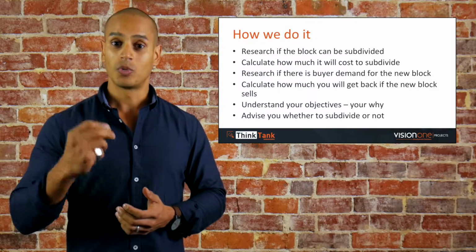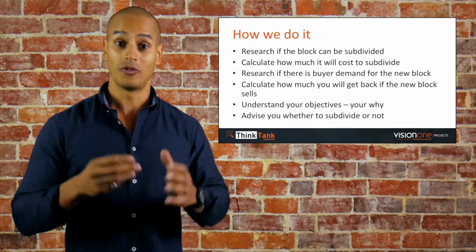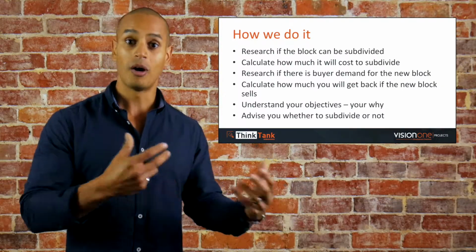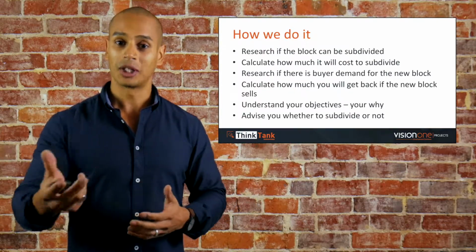We're going to work out as well how much you're going to get back once the new block sells. So even if you've got an existing mortgage, we'll be able to work backwards and look at what your mortgage is going to be reduced by, or even completely eliminate your mortgage, or how much cash you're going to get